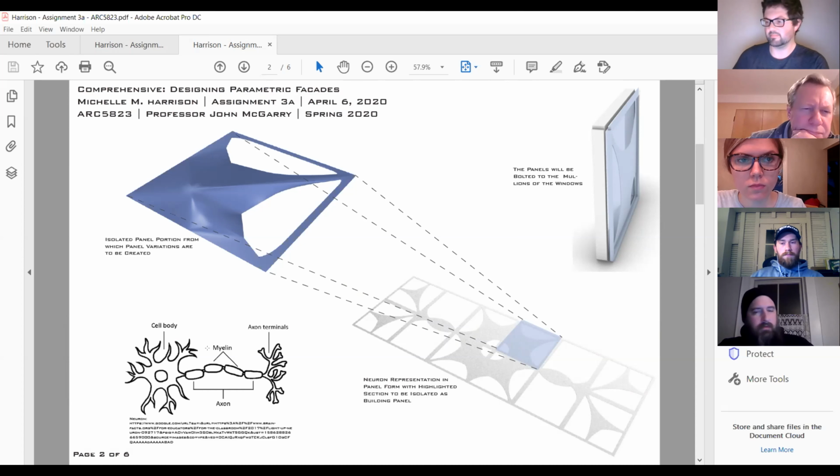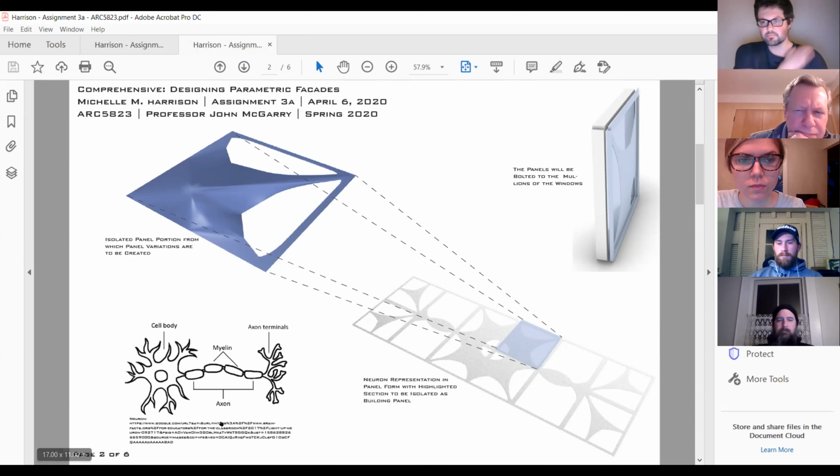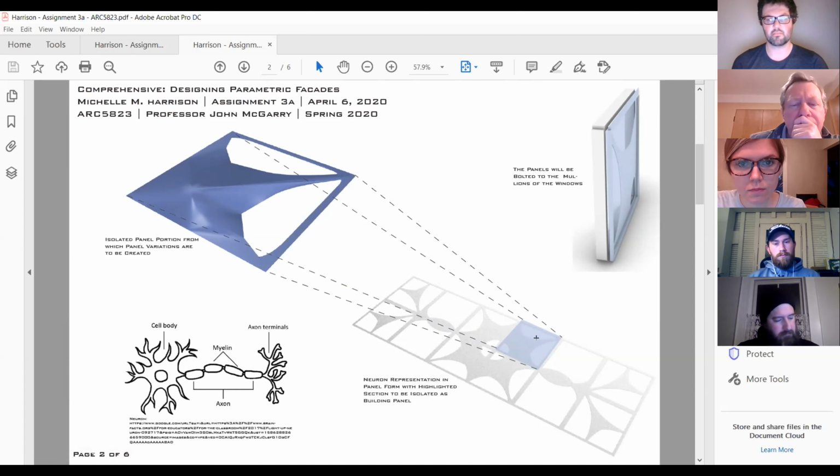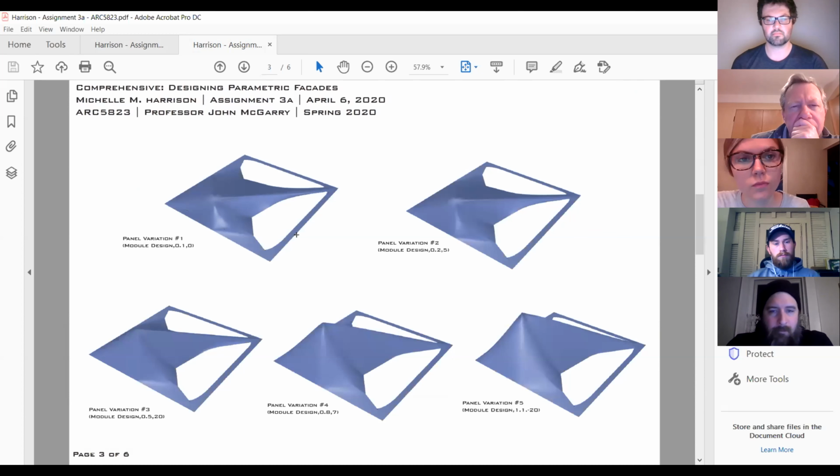Okay, so the initial thought was to do the primary unit of the brain, which is the neuron, and really focus on the neuron head. And this is what I presented last class, which was all individual panels, looking at variations, and you can put them in any way, shape, or form and connect them any different way. And then to simplify it, I took 1/4 of the panel, and then this became parametric by